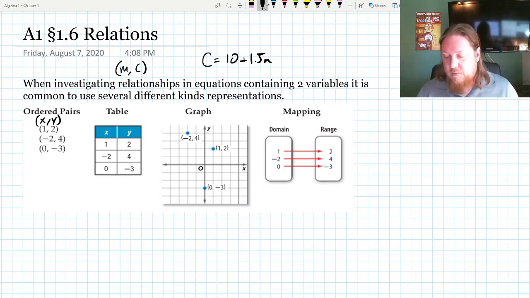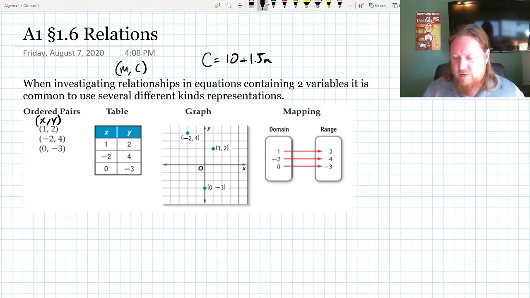The table is ordered the same kind of way. You can see once I put the x comma y above the ordered pairs there, that almost looks exactly the same as this table, right? X, Y, 1, 2, -2, 4, 0, -3. So all of that is almost exactly the same. It's just how we do it. Usually the ordered pairs are in a set. We would see it something like 1 comma 2, -2 comma 4,